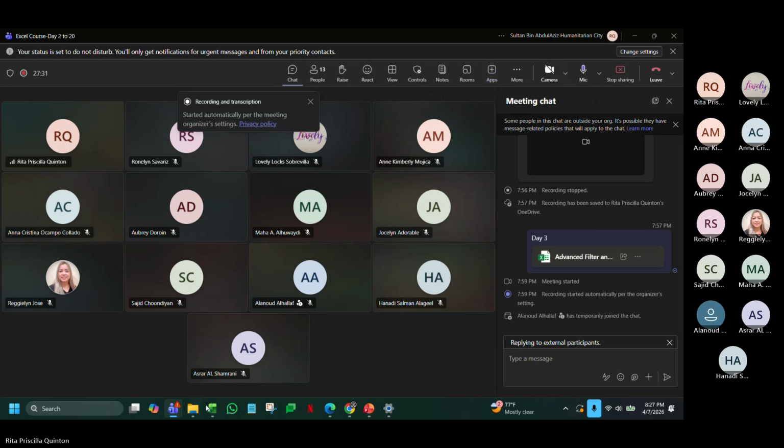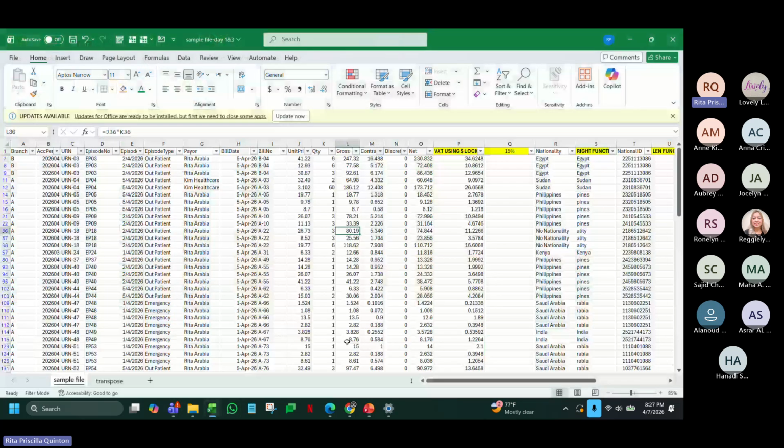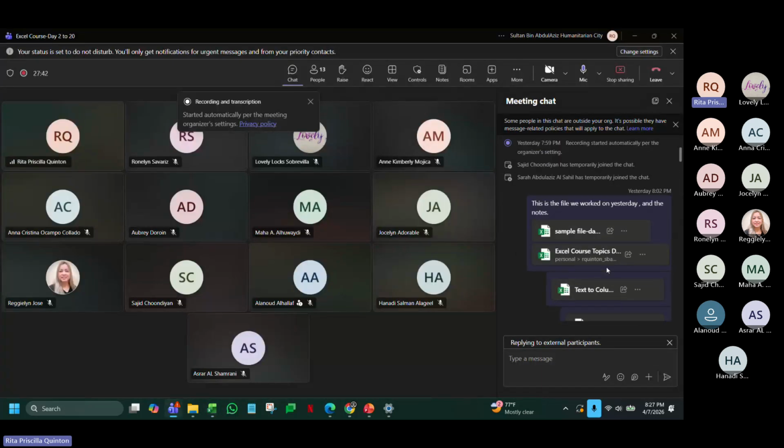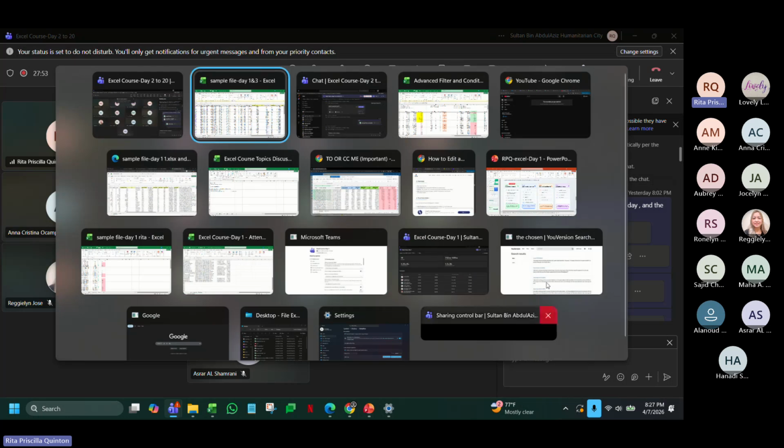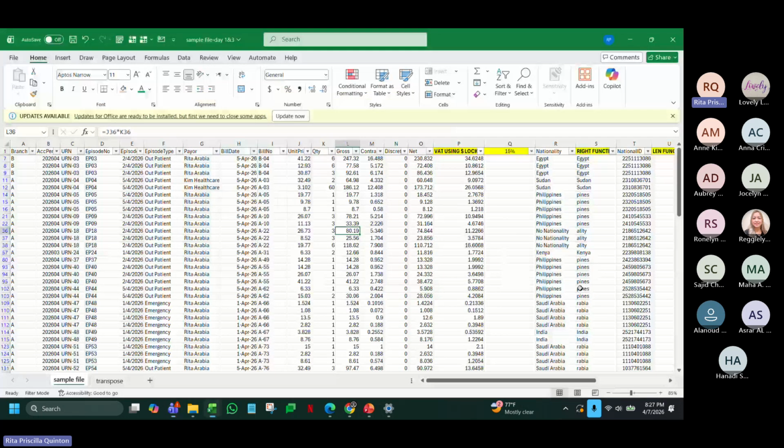Sorry, it's again not sharing. I cannot attach. Actually, it's the same as the sample file on day 1, which is over here on the chat. If you want to see it, it's here. With my note, this is the file we worked on yesterday, and this is the notes. So this is the day 1. I will share in the chat box again later after the meeting, inshallah.